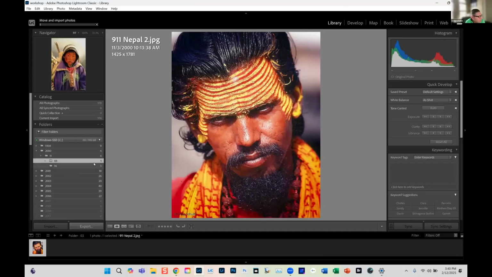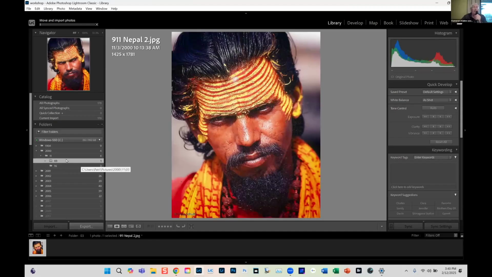Here's the reason I like this structure, because there are two ways I can identify this. One is I can come over here to the keywords and add a keyword. But if I want to keyword all of them at once,